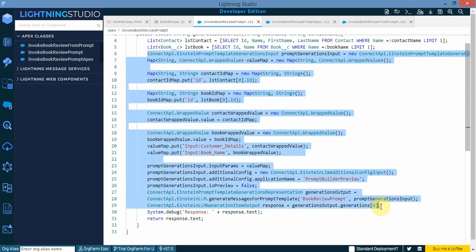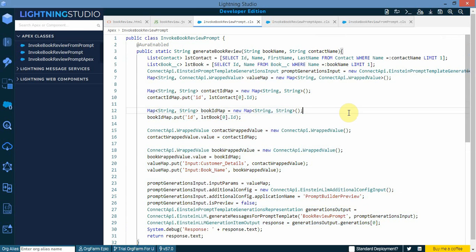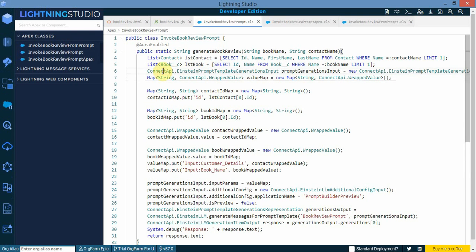This is the main thing that you need to follow. Otherwise, the prompt will not provide you the response. You can get this one from the Salesforce document as well. This is the class that I'm invoking, ConnectApi Einstein prompt template generation input, and I'm creating